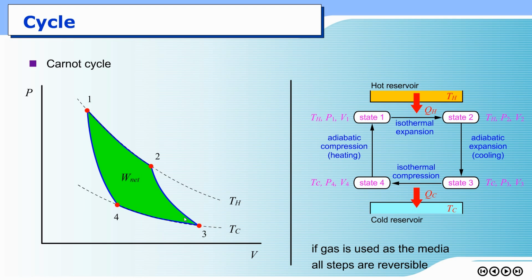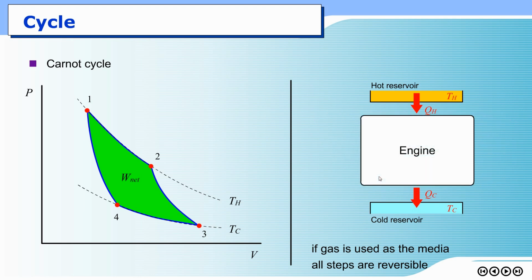For Carnot cycles, the special thing is that all the steps here are reversible. Okay, in order to obtain maximum expansion work by using minimum compression work, we learned from lecture 2 that the maximum expansion work and minimum compression work could be obtained when all steps are reversible. So once again, if you put a box over this engine, you can see that you can produce work by supplying some heat to the engine, and at the same time some part of the heat must be released from the engine, and then you got some work produced from the engine itself. Okay,